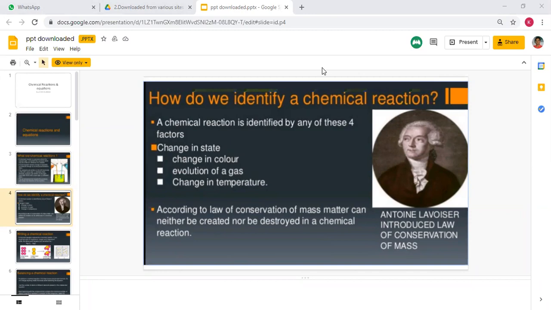Sir, can you please explain how a change of state is a chemical change, as melting of ice is a physical change? Yes, melting of ice is a physical change. But Meet, somebody mentioned curding of milk, converting milk into curd. Now we know curd is solid, right? When it is properly kept, it turns into a solid. That's definitely a change of state also. Yes, Meet? Yes, sir. Very good, very good. Okay, right? So is that clear to you?